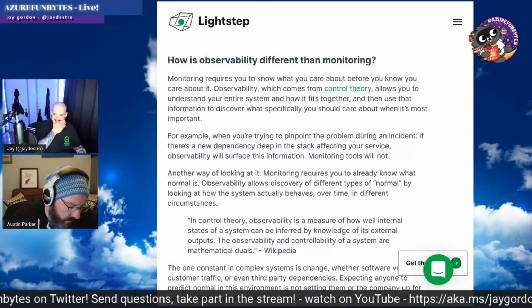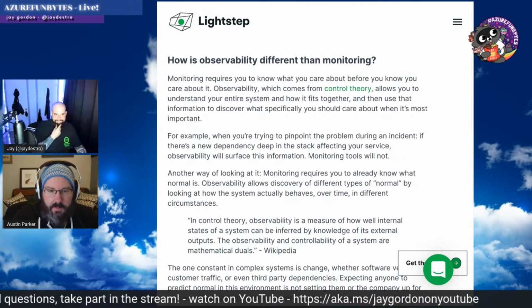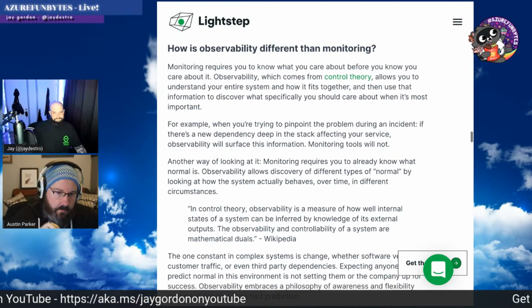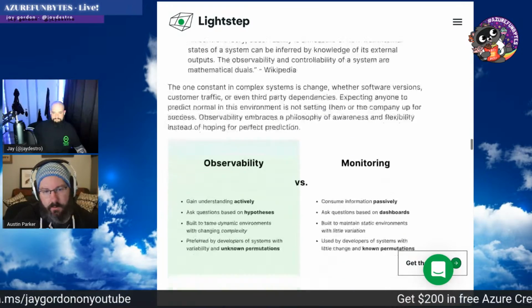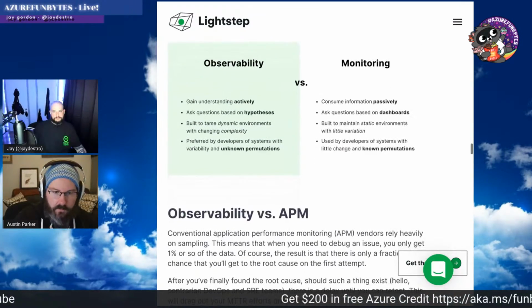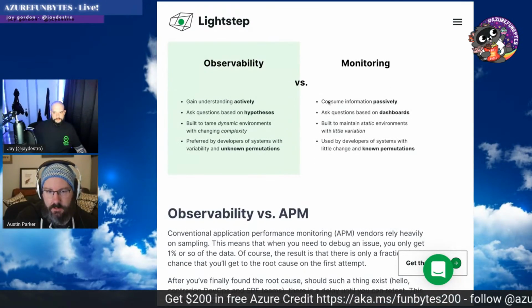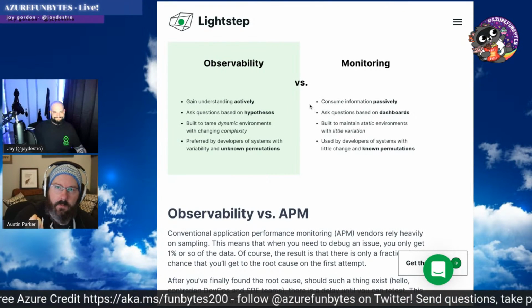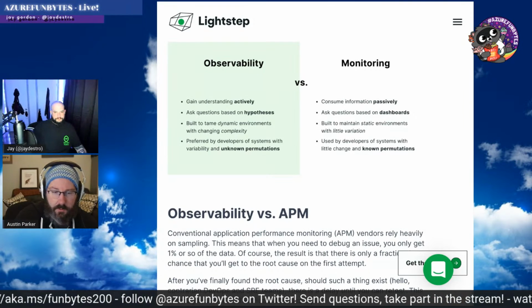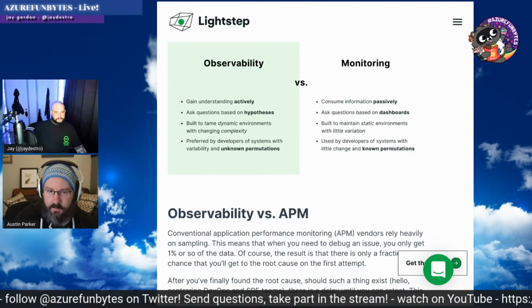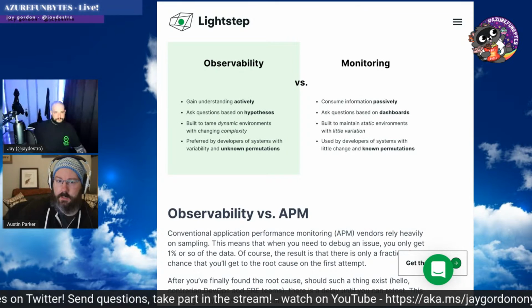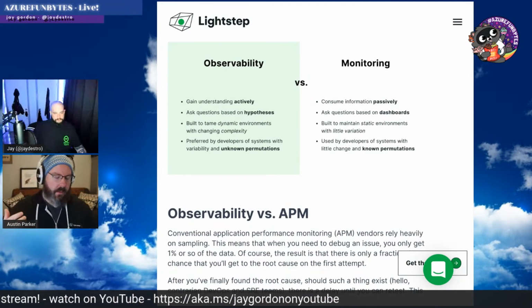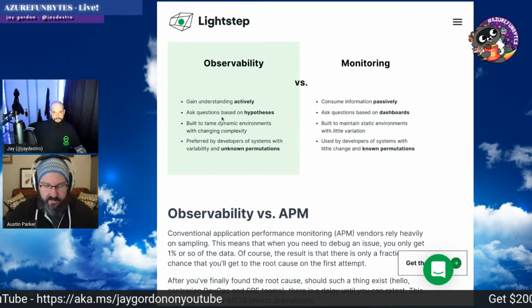Yeah. I think at a really fundamental level, when you're monitoring something, you have to know what you're interested in monitoring beforehand, right? You have to write those log statements. You have to create those metrics that you're interested in measuring. And you're writing those into your code, you're putting them on a dashboard, or you're pulling them out of a tool. Even if you're using Azure, there's a bunch of different metrics that it will make available that you can go in and build a dashboard for. But you have to know all these things up front.